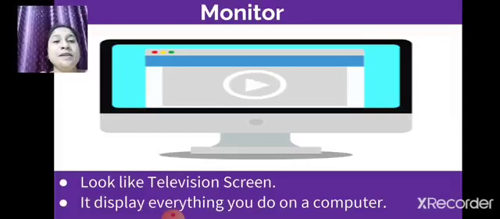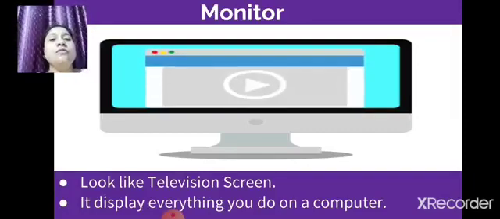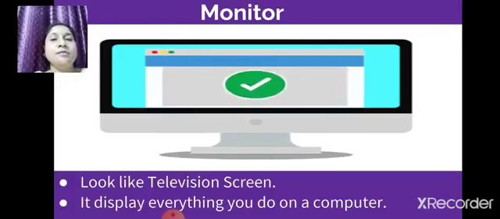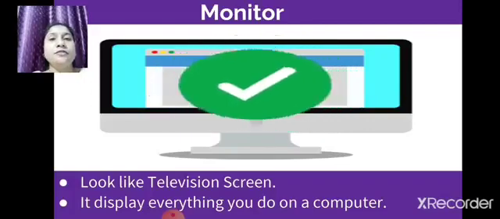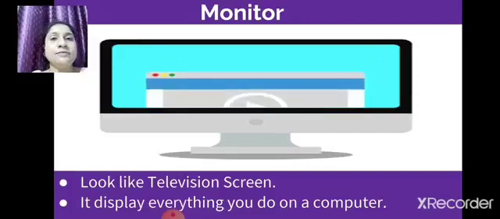A monitor displays everything you do on a computer. If you type on a computer, it will display that. If you draw, it will display that.